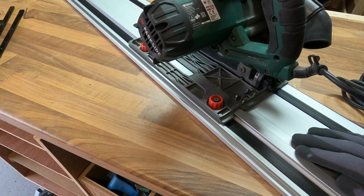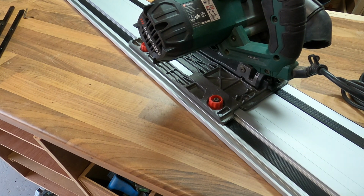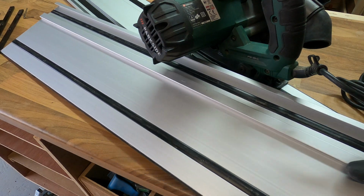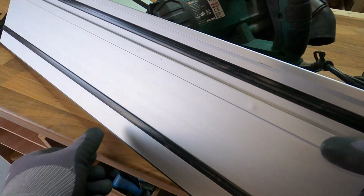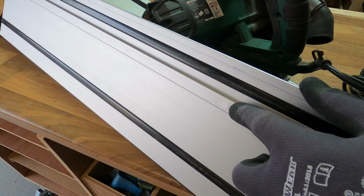It's what you get for what you pay for. I mean, it wasn't really expensive either, but in comparison to the Parkside one, it is really nice quality. And actually one of the things I've done on my Parkside one, I'm not sure how clearly this will come out on the camera, but you might be able to see here,